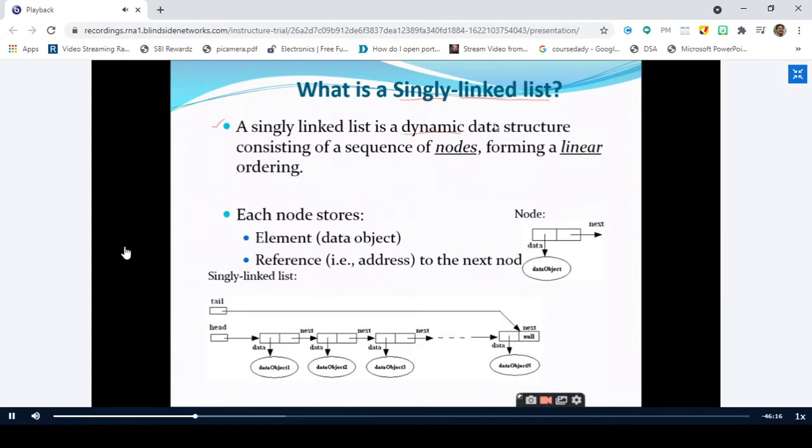We had a long discussion in the classroom also, the difference between static and dynamic. So static memory allocation does not make use of any functions, but the dynamic memory allocation makes use of the dynamic memory allocation functions such as malloc, calloc, realloc.